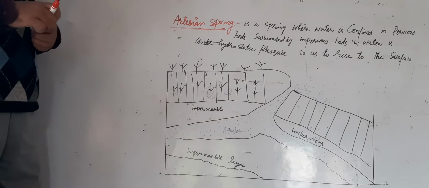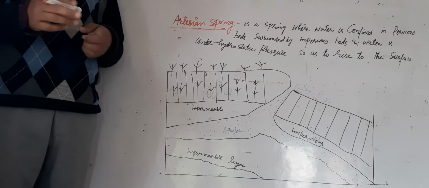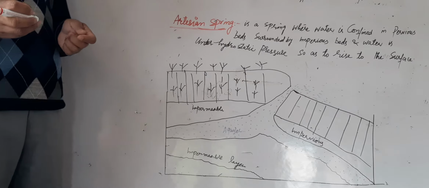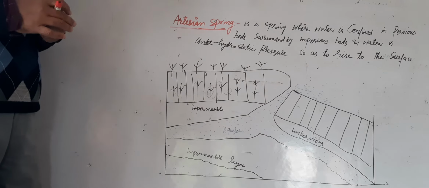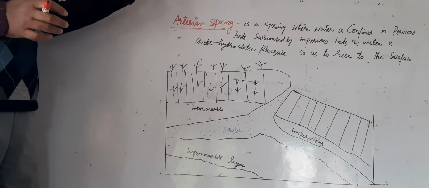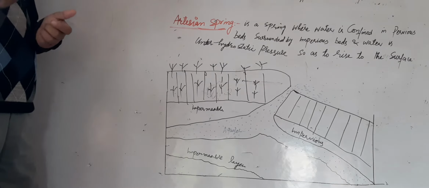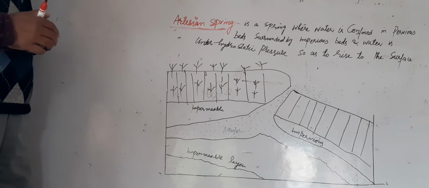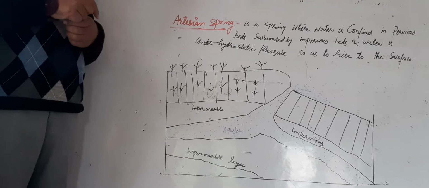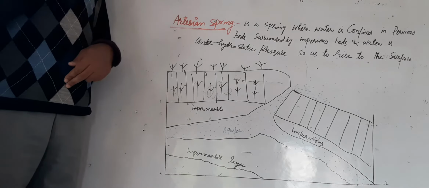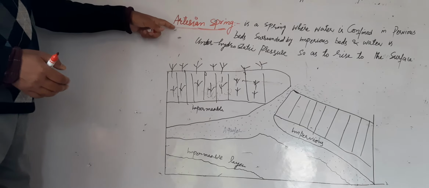and we have discussed the two categories of water springs regarding the mode of origin, or we can say the water springs are categorized into two categories according to the mode of their origin. So in previous class we have discussed the gravity type of springs, and in this class we try to understand